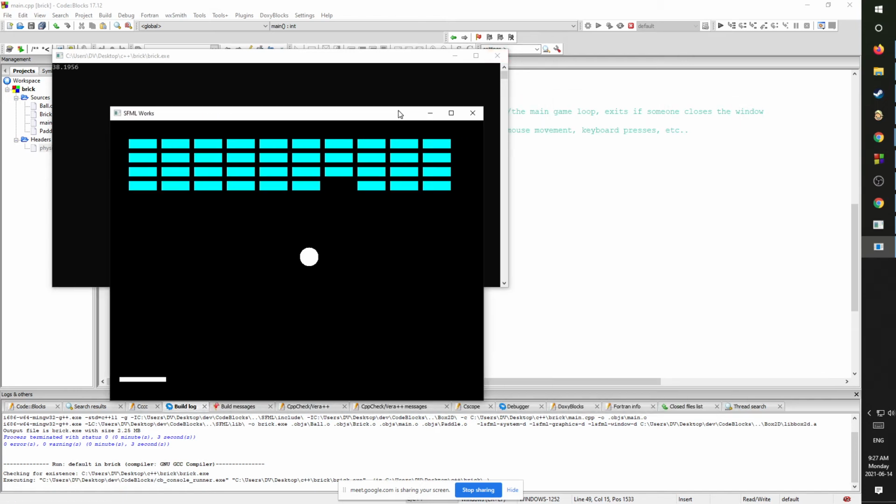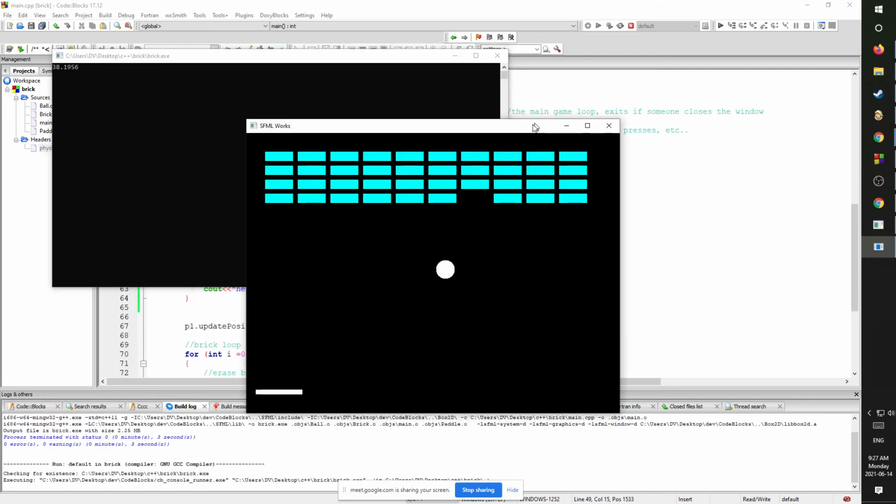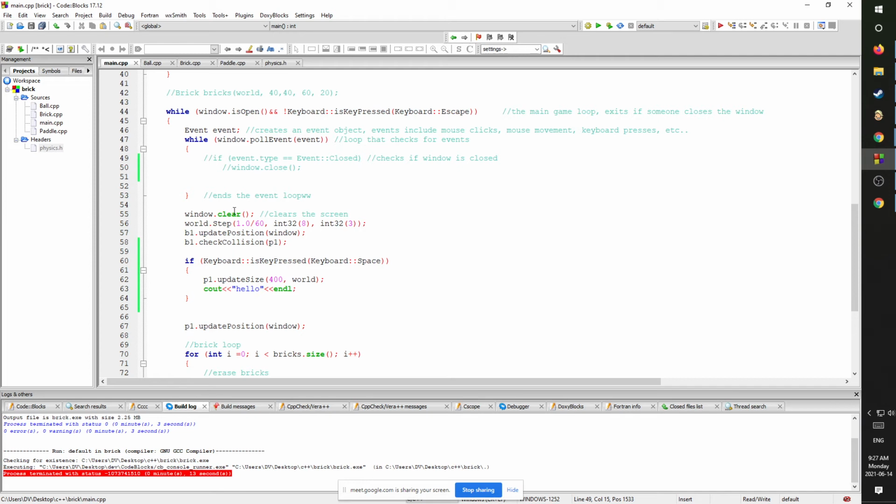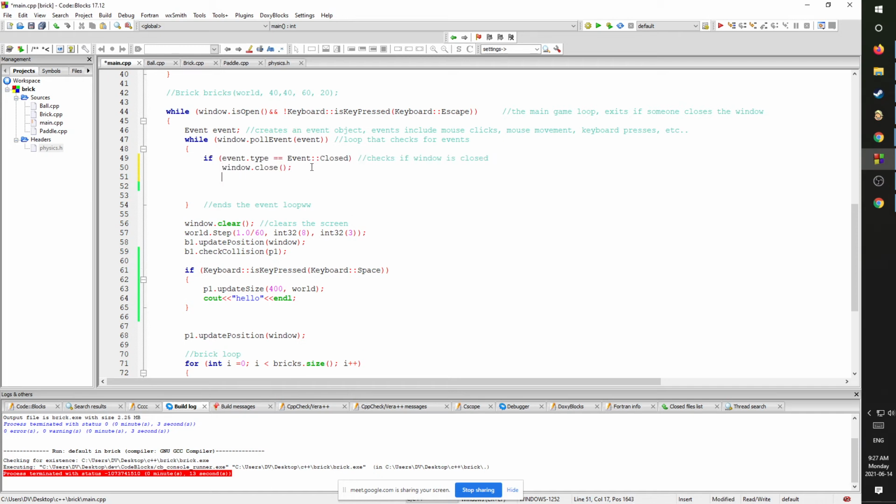And you can actually pause your game by causing an event to happen. Like me dragging the window pauses my game because my project is now stuck in this loop. So you don't want a ton of code in this loop. It's going to mess your game up real bad. You just want to check for